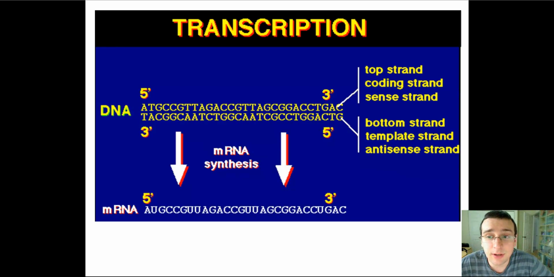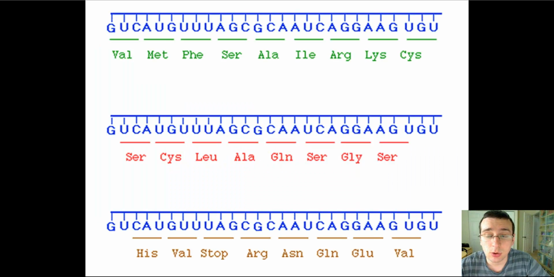This means that if the non-template strand is used, you're going to get the entire wrong code instead of the code that you actually want. While we're on that page, since the code depends on the triplet code that we talked about in the other review video, it's very important to start copying from the right place. If you start the actual transcription in the wrong place, you get a completely different message and a completely different